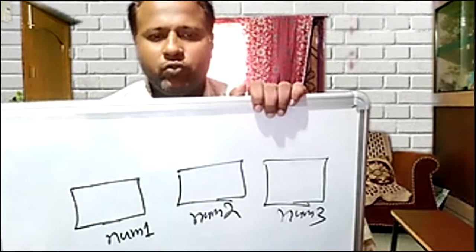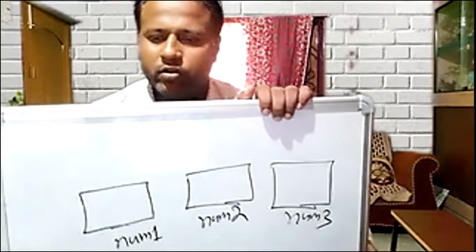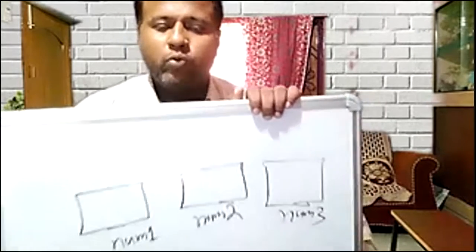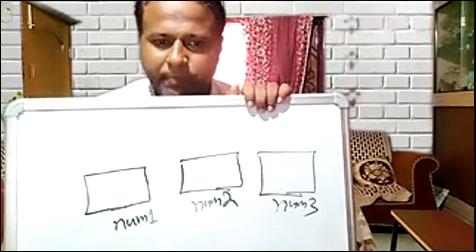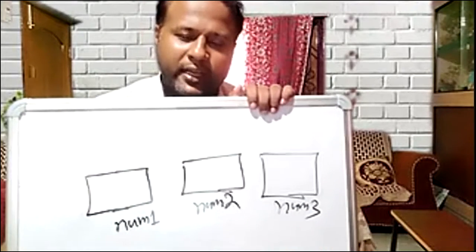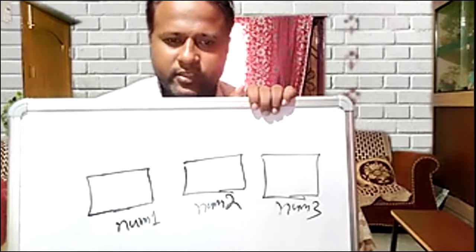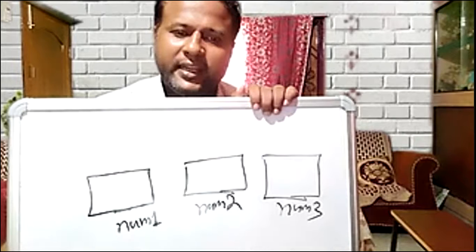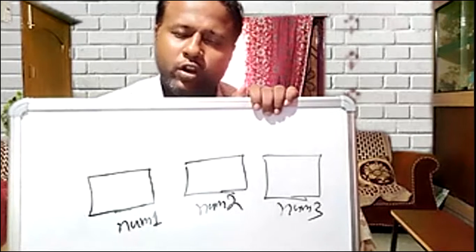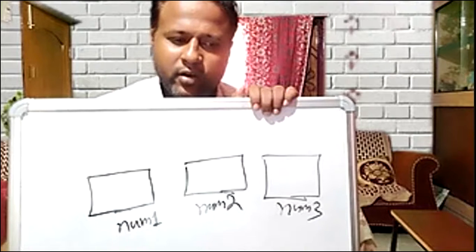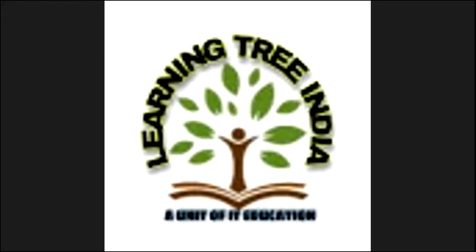Now what to do here? In this case, an array is saying that if you want to store the same type of value, there is no need to declare three different memory allocations. We create one memory allocation and store all three values. Now I show the replacement of this. So in place of defining three different memory allocations, we define only one variable.